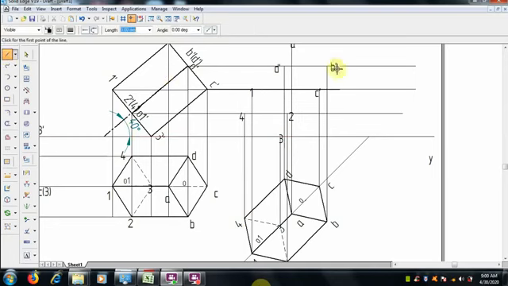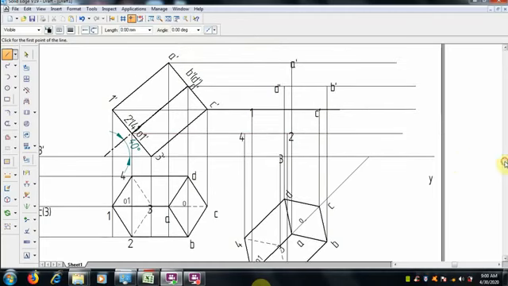We can join the lines. Keep it for visible. So the boundary, there are the outer points. We can make it. Now join the faces, bases first. 1 2 3 4 is the lower base, ABCD is the upper base. So that can be done.